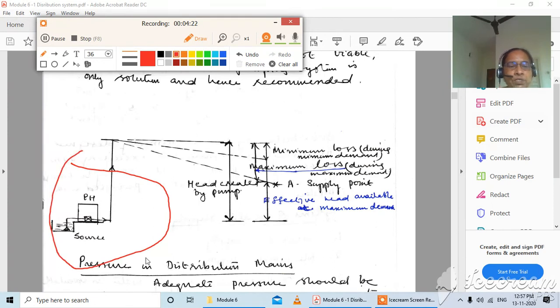So here this is your raw water pumping station, and from the raw water you have treated your water. Then from there you are pumping water directly to the point where we want to supply. Sorry, not that particular point. This is the supply point. Now here you have to attain a pressure, that is the terminal pressure or the available head at this particular point. Say if it is 40 meters, say if here we want to supply water